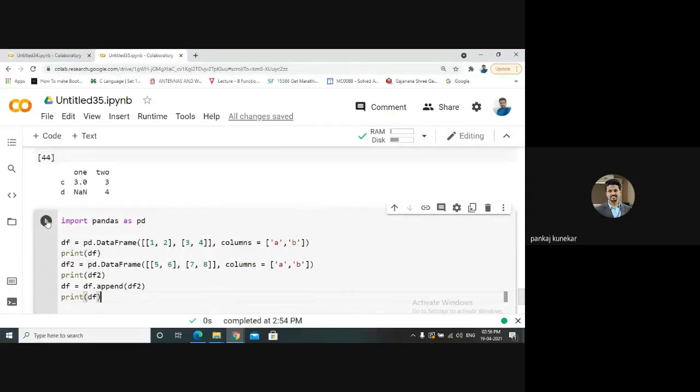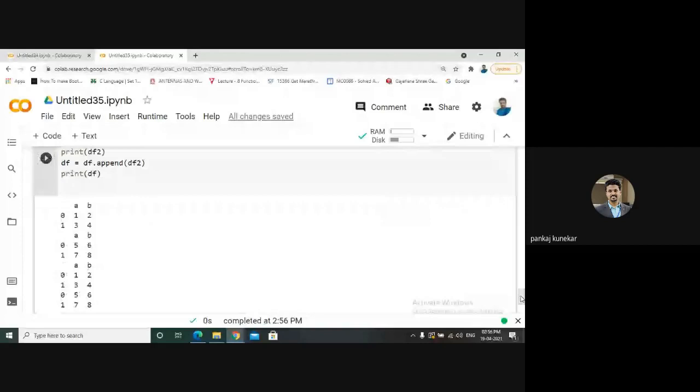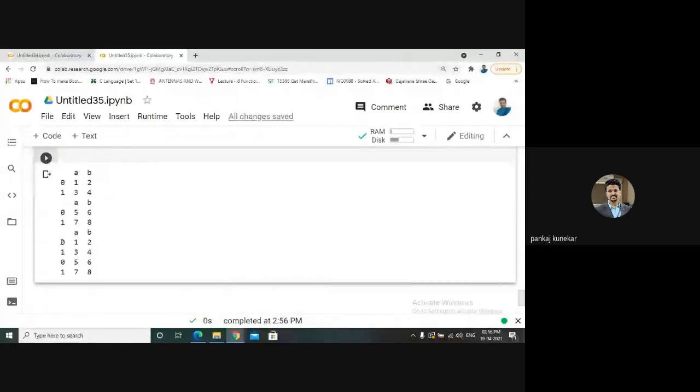We'll see what the output will be. See, this is df, 1 2 3 4, and this is df2. We are not actually adding, we are just concatenating. So we can add df with df2 by using the append function.